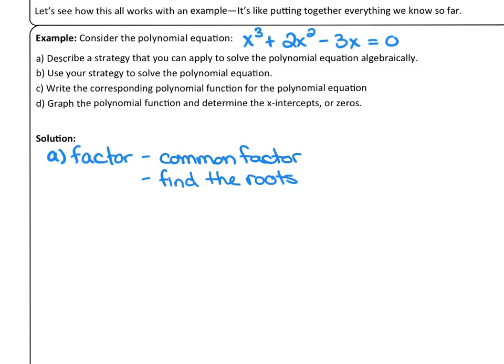Okay, so now that we've decided which strategy we're going to do, we are actually going to do part B, and we're going to use our strategy to solve the polynomial equation. So I said that I was going to common factor first, so I'm going to pull that x out. And what I have left is x squared plus 2x minus 3 equals 0. And then I said I was going to find the roots. I'm going to do it the root way because I recognize